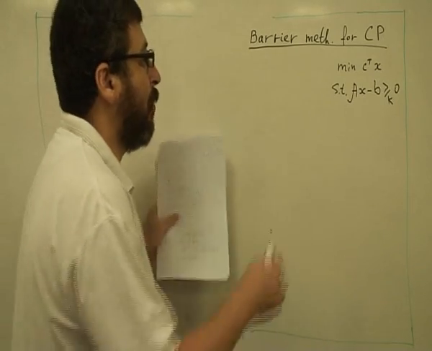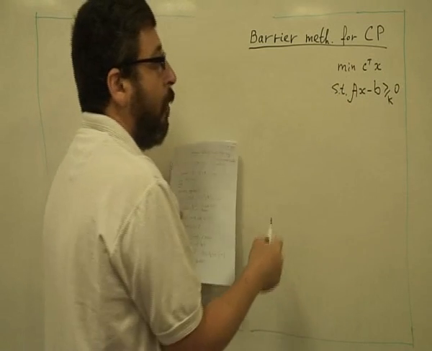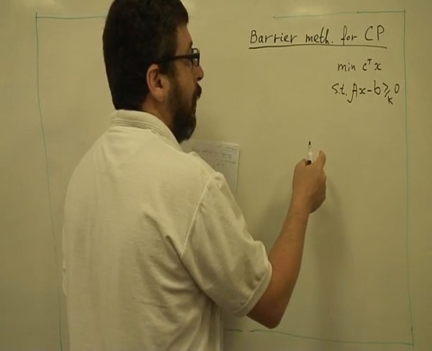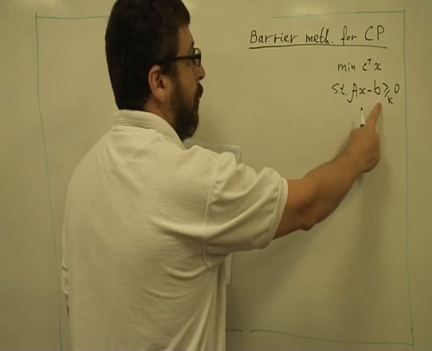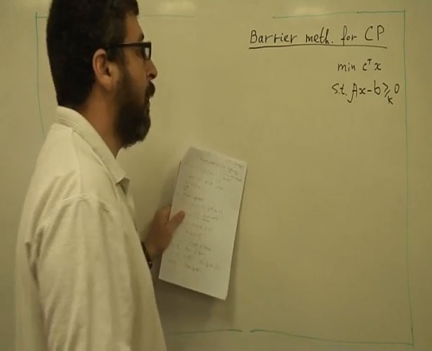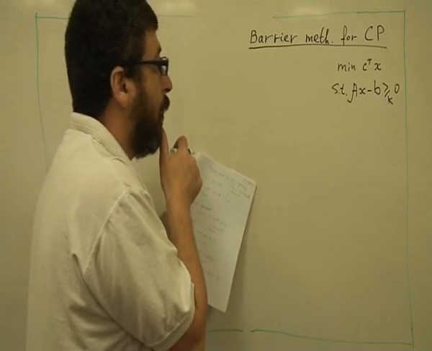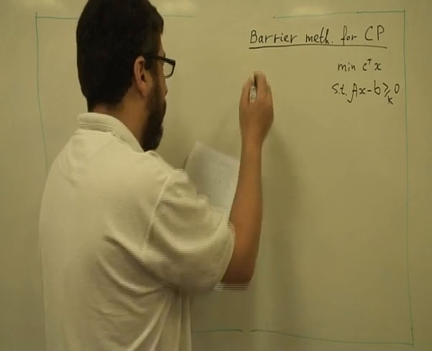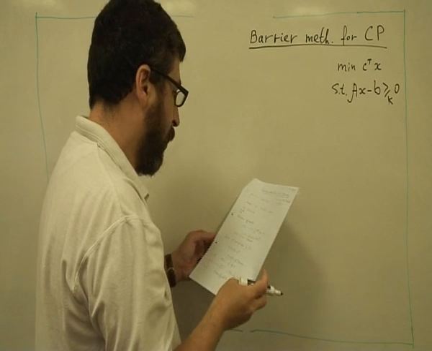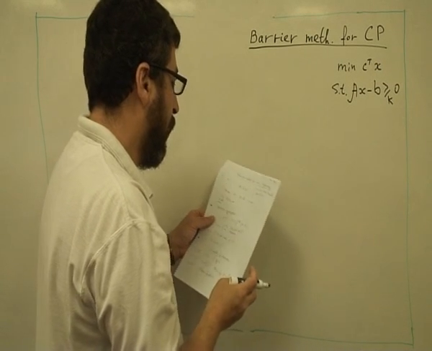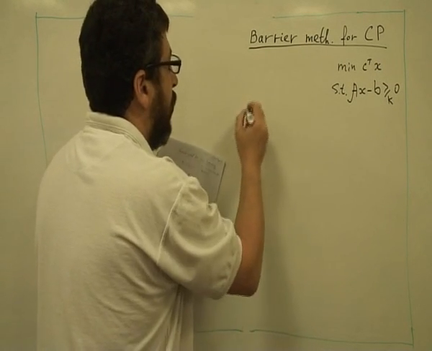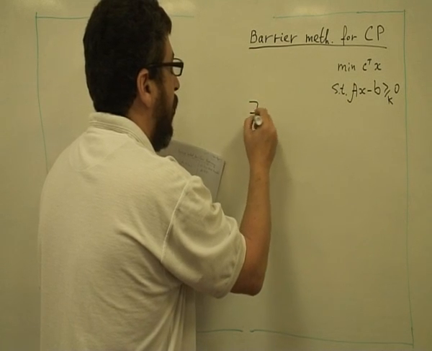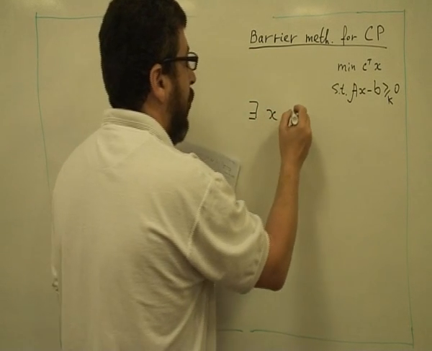So suppose we have a problem of conic programming of this kind, and suppose there exists strictly feasible x. So there exists x strictly feasible,